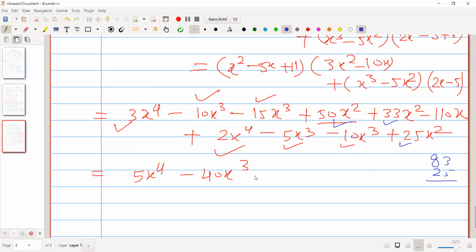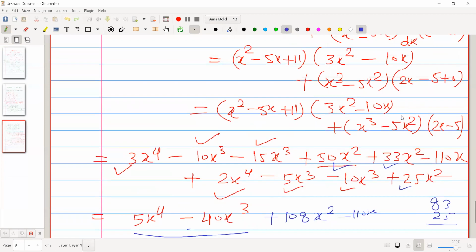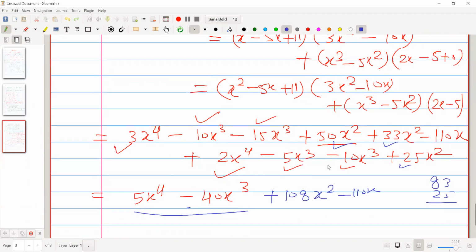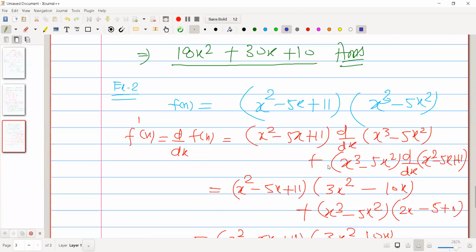It means this also has the same sign, so it is added. So you will get 83x square. And then next minus 110x. The other x term is not there, so it will remain. Any constant term is not there, so this is my final answer. Otherwise, you can also keep it as it is here. It's also fine. There is no need to multiply and then solve it, but I am telling everything. Whatever you want, you can put as the answer, according to requirement.